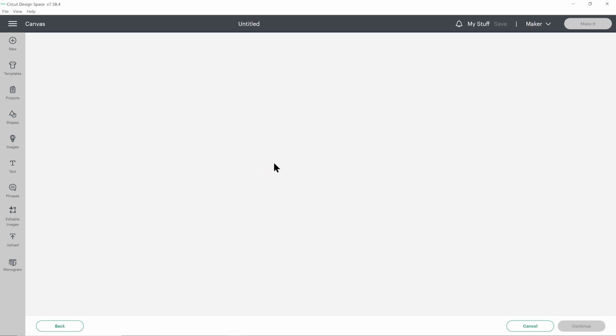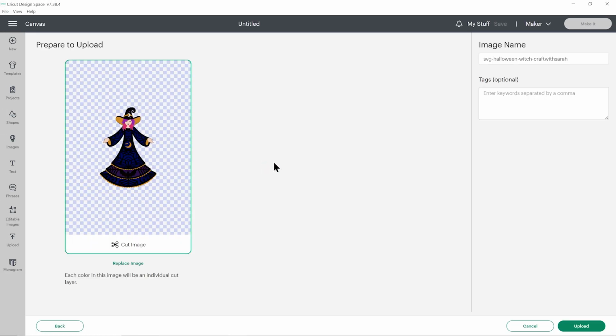Click and drag that in, and it should look like this with all of the layers one on top of the other. If yours looks different and you see all the pieces next to each other instead, that means you've accidentally uploaded the wrong file type. So if that's the case, press Cancel down on the bottom right, try again, and make sure you choose the one which starts SVG. This one's looking good, so I'll click on Upload.